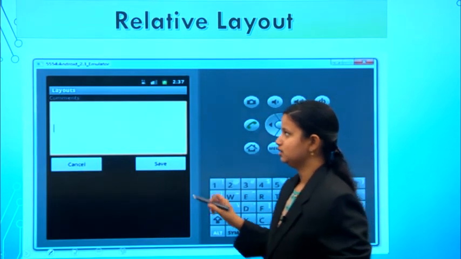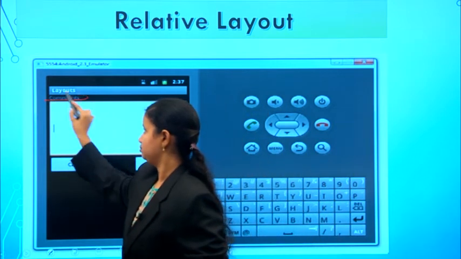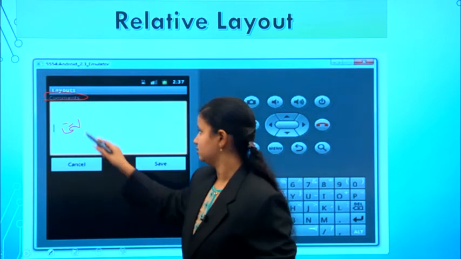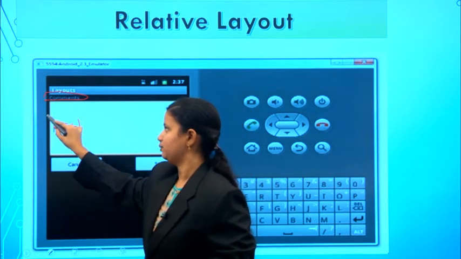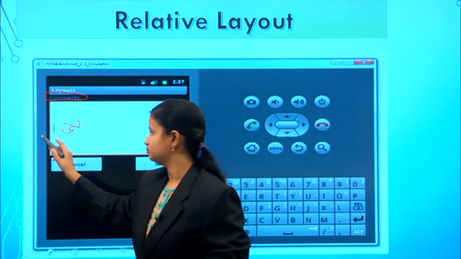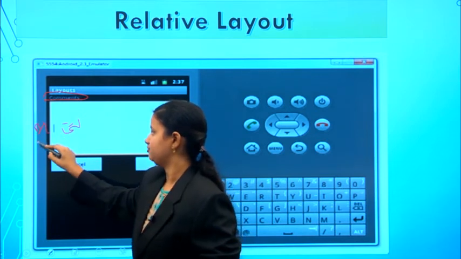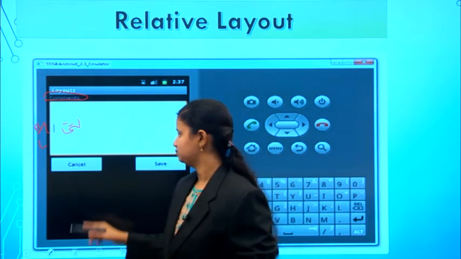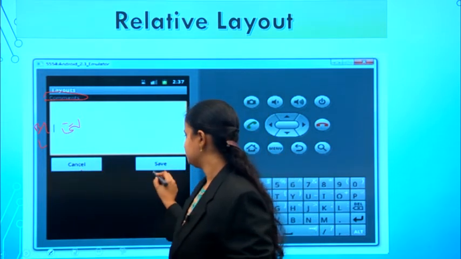So the output is like this. I am adding one text view, and after that I am giving an edit text. The edit text is below the text view and aligned left, so I pass the ID of this text view. And next thing is the cancel button and save button.